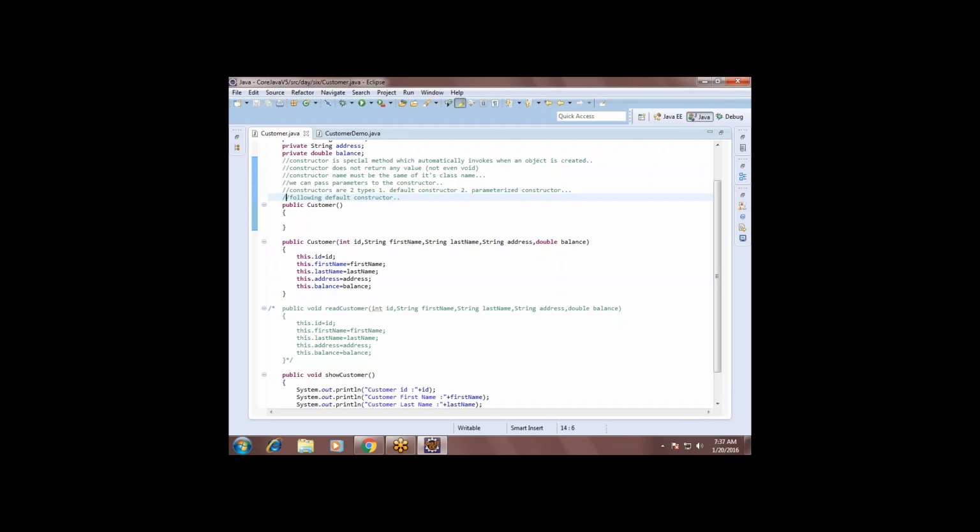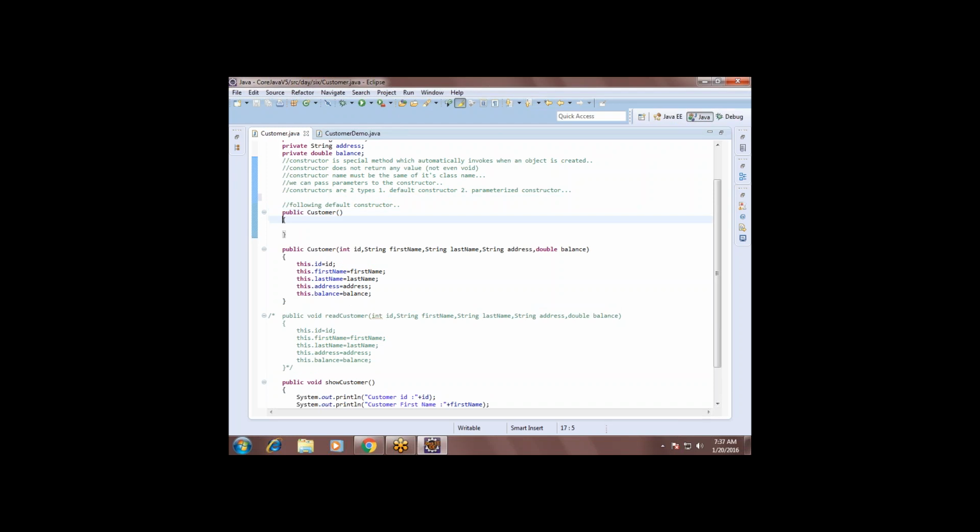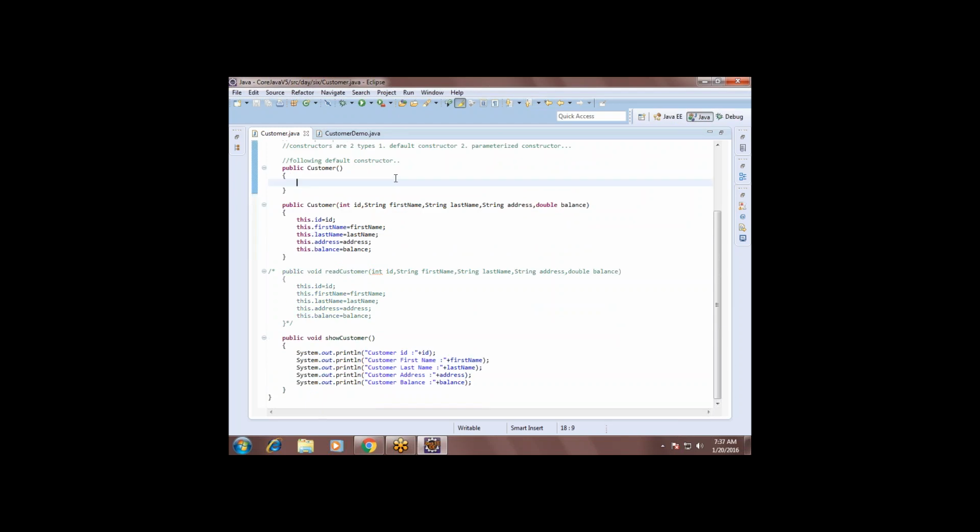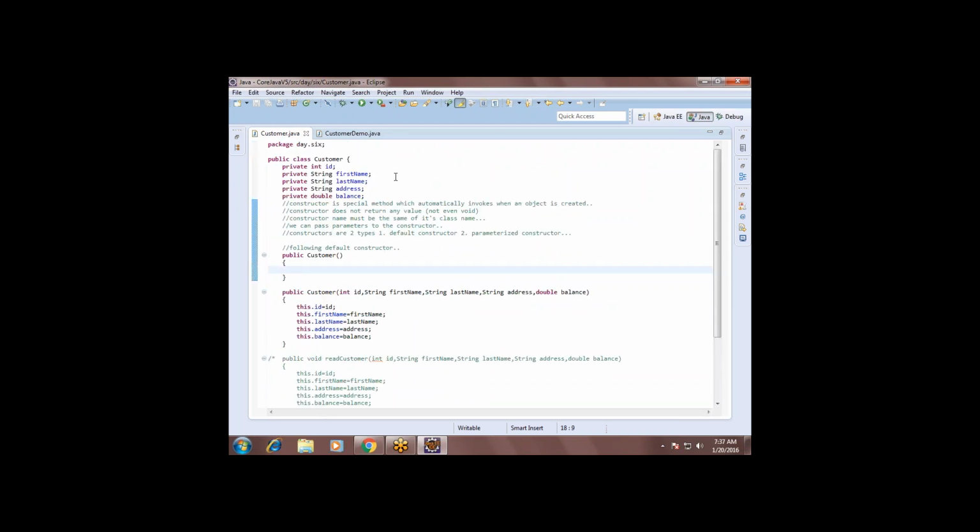Or we can call it a zero parameter constructor. Empty. Any doubts here, guys? No, sir. Is it clear?